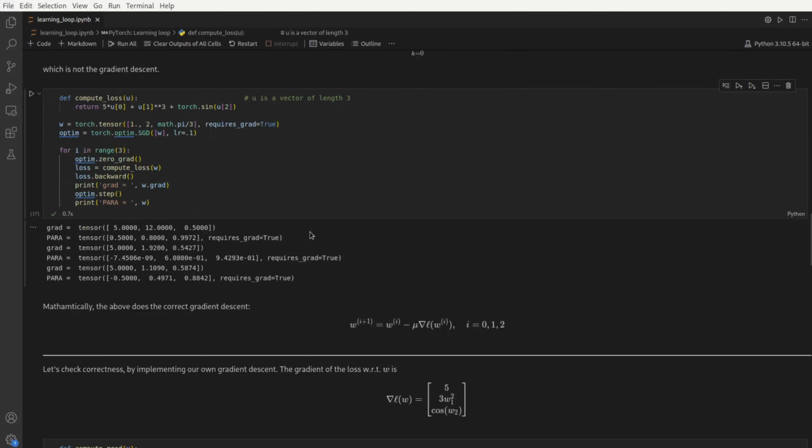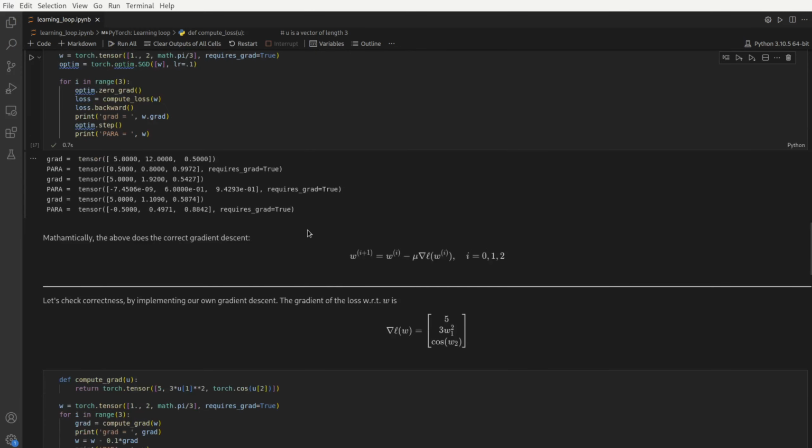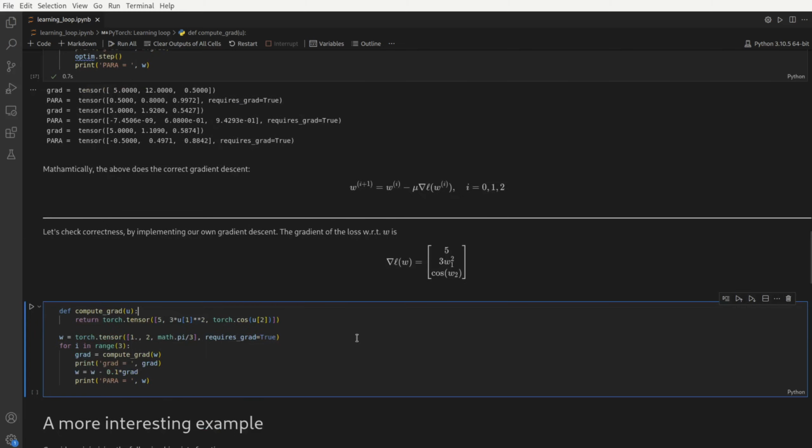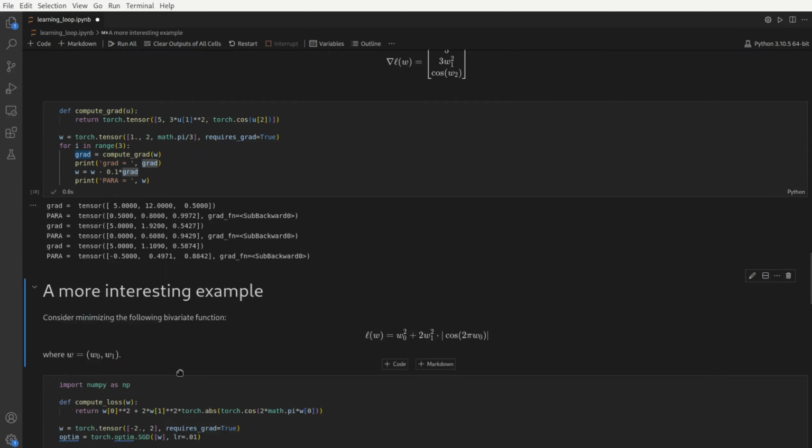We can check that we are doing the correct gradient descent by implementing our own version of gradient descent. So recall that this was the gradient of the loss. I've written a function, compute_grad, that calculates this gradient based on this formula. And here is my implementation of the gradient descent. We first initialize W as before, compute the gradient at the current value of W, and then perform the gradient descent step. So if I run this,